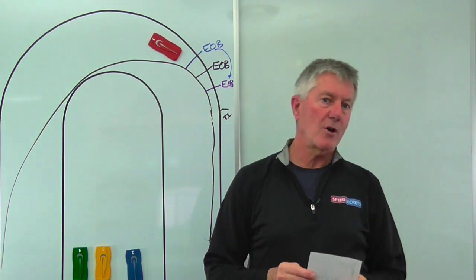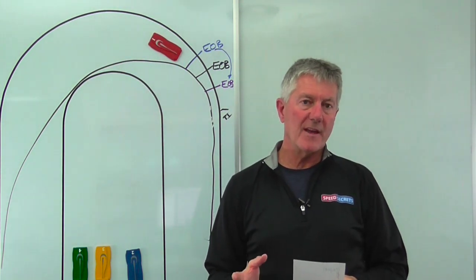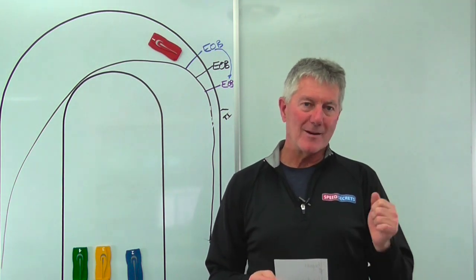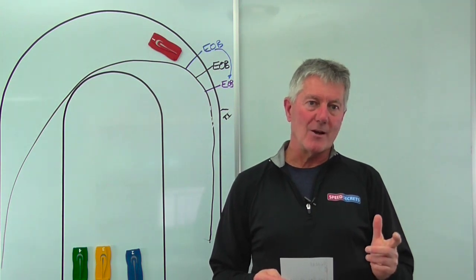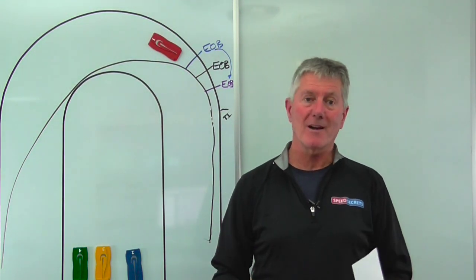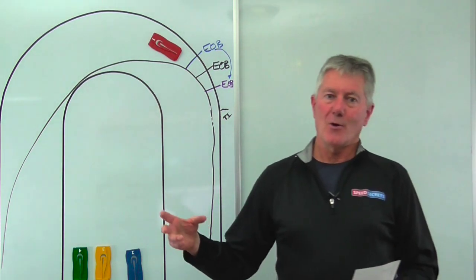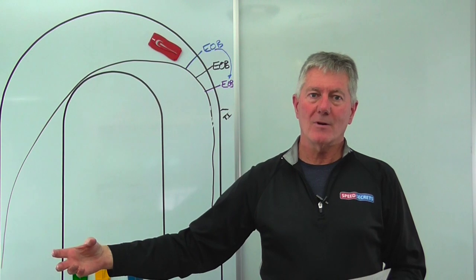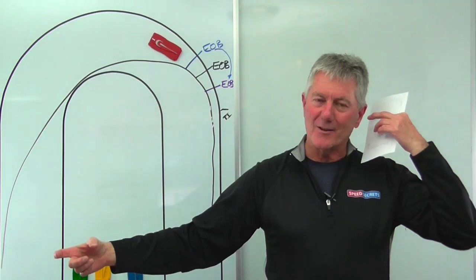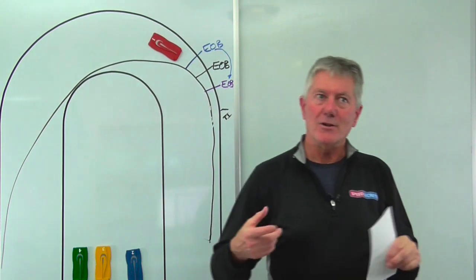One of the things that I've done coaching drivers that were competing in a series years ago that used the standing start was we would go to a track and do practice standing starts. But what I would do is take a radio and stand behind their cars. I usually try to do this with 2 cars at a time. Fortunately, I was coaching 2 drivers at the time. So I'd stand behind one of the cars with the radio keyed, and therefore what was blasting into the driver's ears was the sound of the engine of another car,